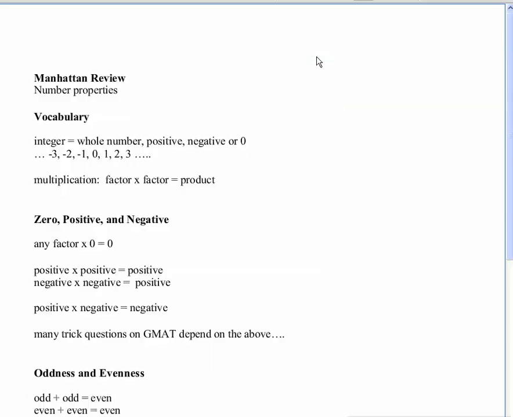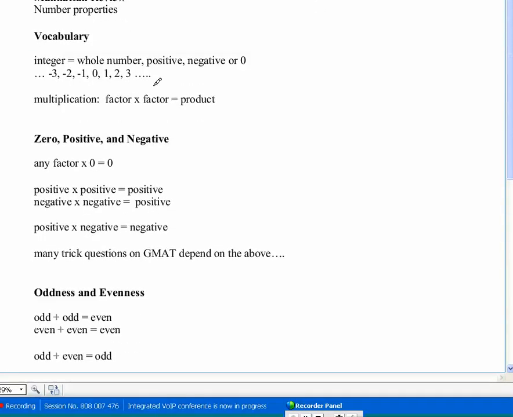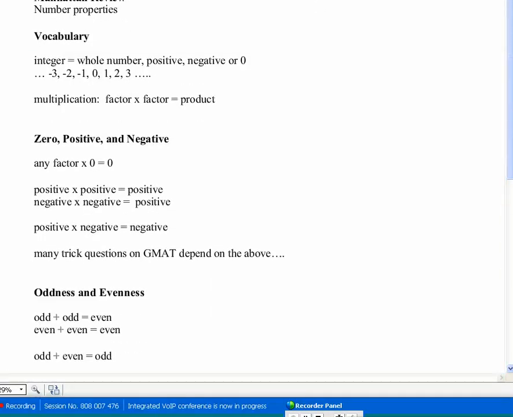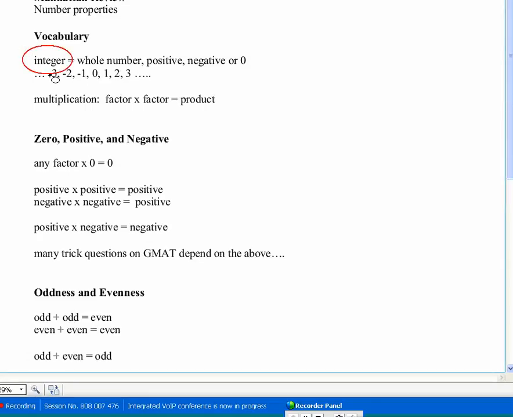A key vocabulary to start with, and you obviously need to be familiar with the word integer, meaning whole number, positive, negative, or zero, and with this vocabulary to do with multiplication. If you're talking about integers, then you would say a factor times a factor equals a product. So the product is the result of multiplication. A factor is an integer that divides evenly into another integer,